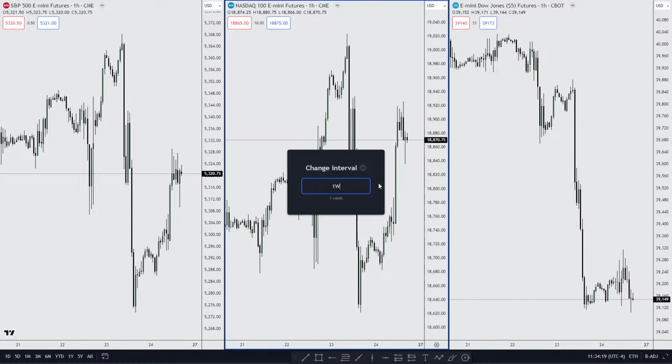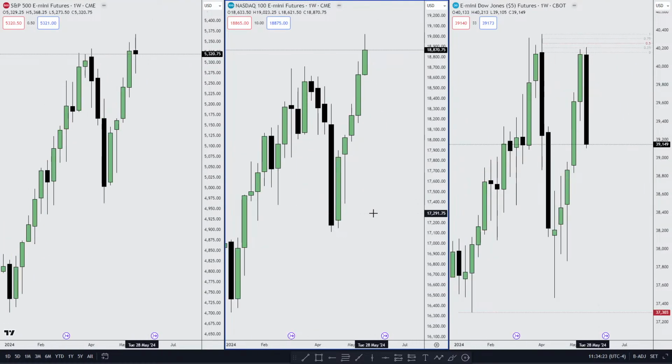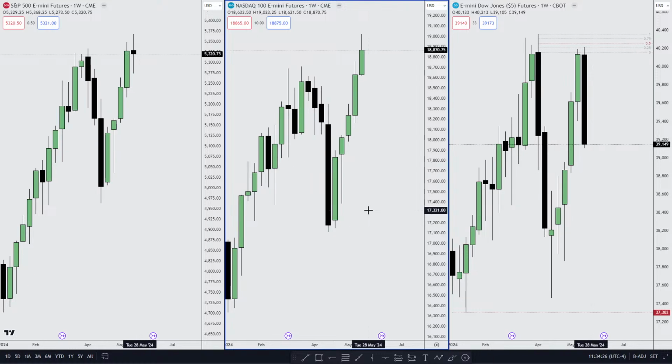Moving on to next week, what am I expecting for the indices? My focus would be the previous week's high and the previous week's low. In my opinion, I think that we are going to attack the highs between either ES and NQ, but I think NQ is going to take out the high, and we are going to see SMT between NQ and ES.